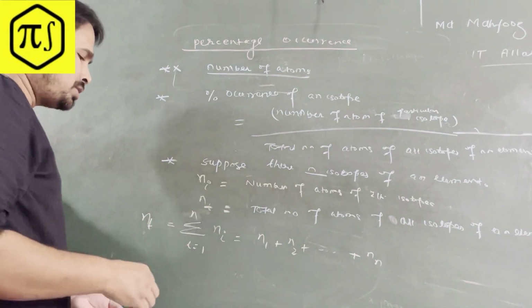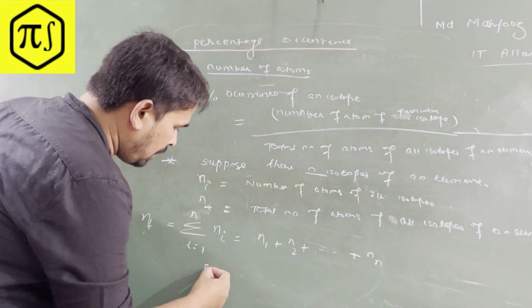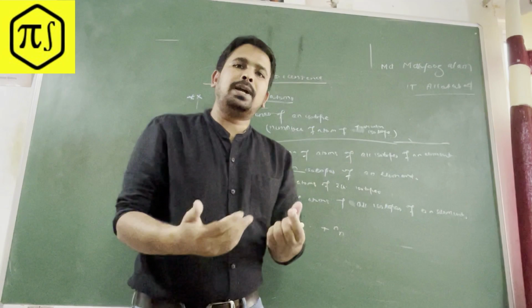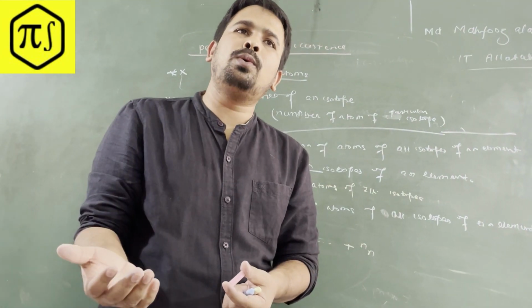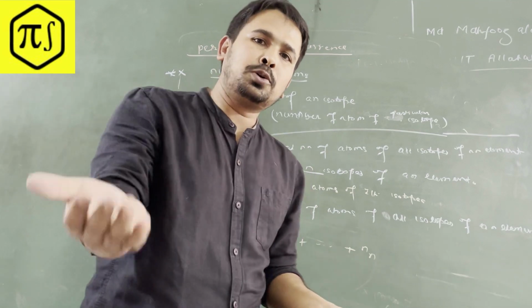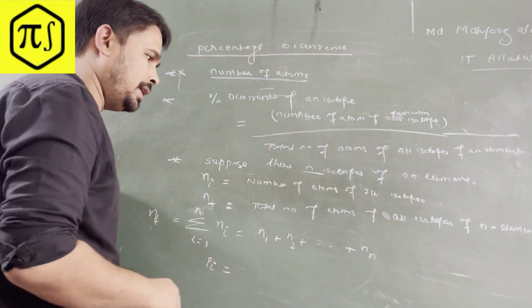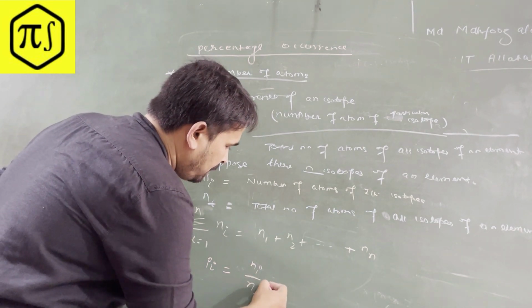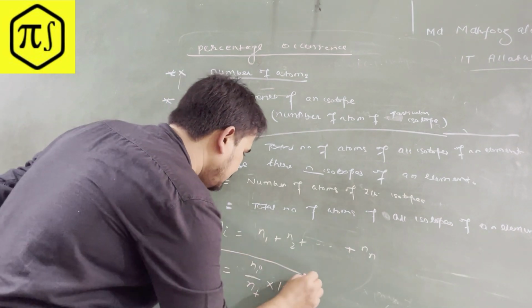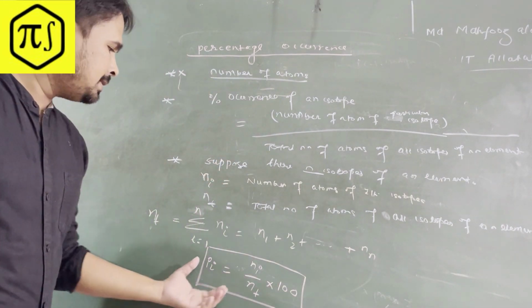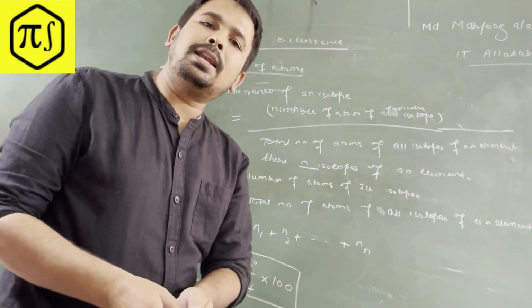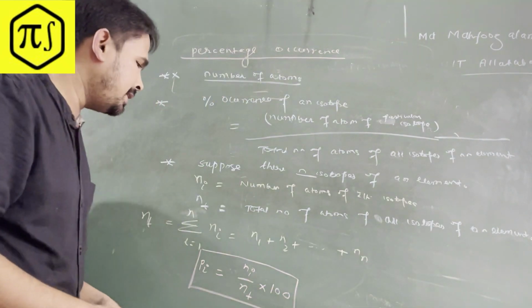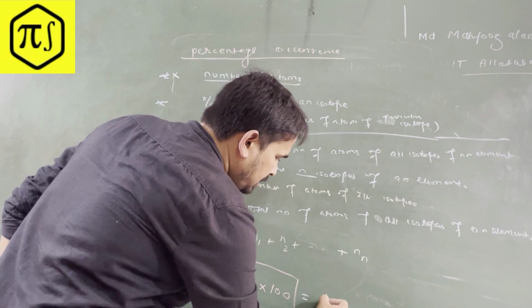Now we'll use one more symbol, Pi, because we are defining the basic terms. This will be used in many derivations in the first chapter of chemistry. I'll show you how we'll use these terms in later parts also. So Pi is Ni divided by Nt. You know this is very basic, 10th level percentage, right? How do we calculate percentage? The percentage of a particular thing is the number of that thing divided by the total, into 100. We know that already, so the same thing we applied here. This is what Pi is, the percentage occurrence